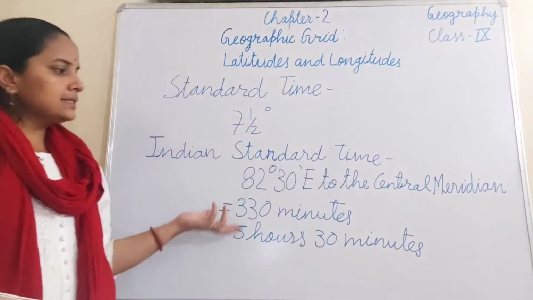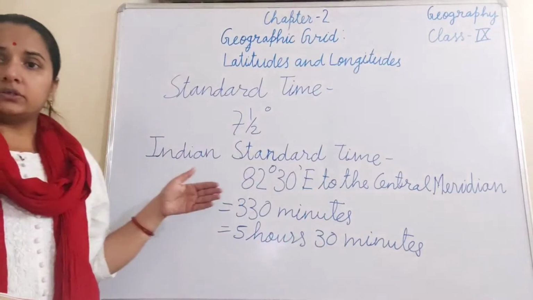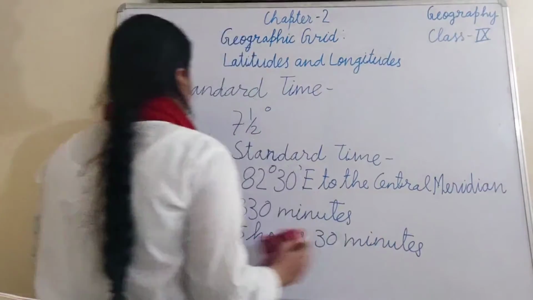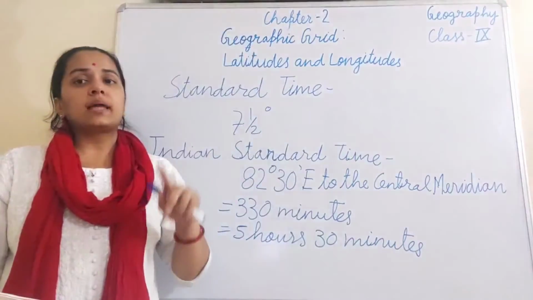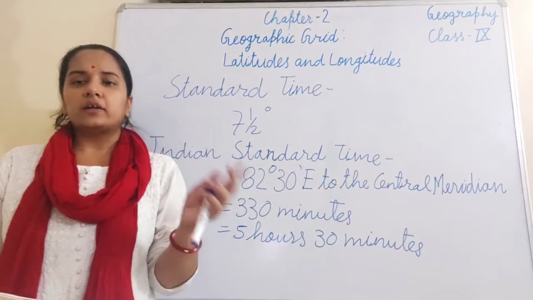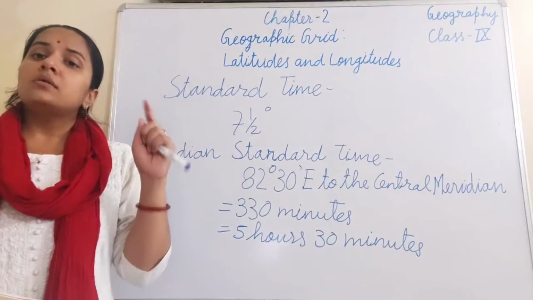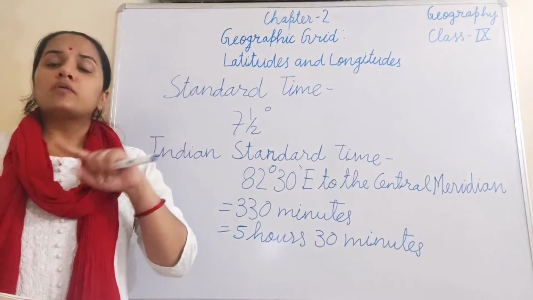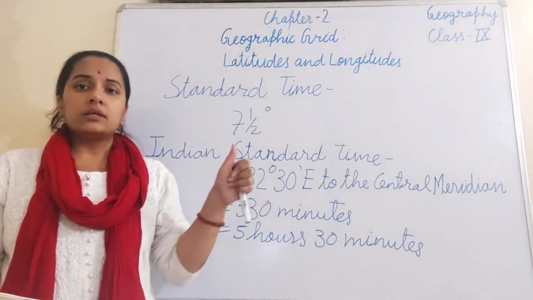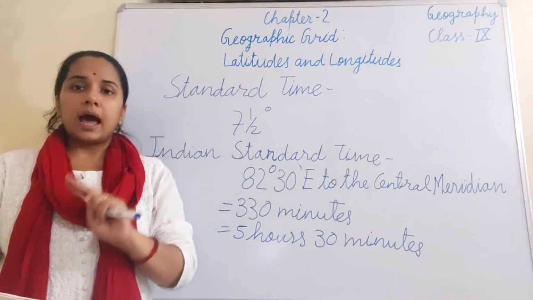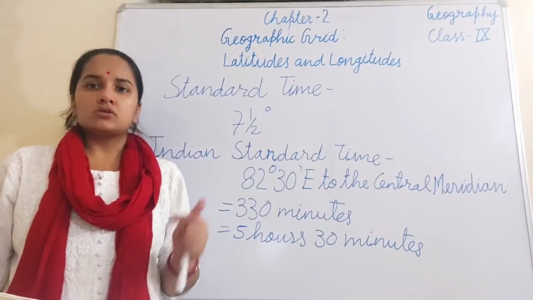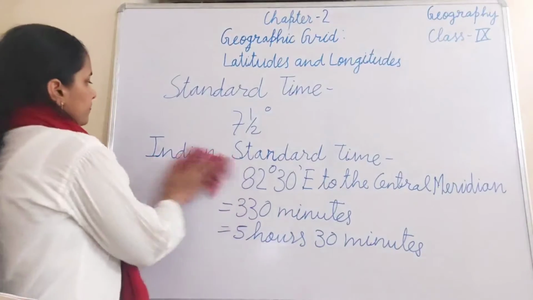Now let's take an example of how we can calculate the time of a particular place with respect to the given time. We have learned about the local time. We learned that 1 degree longitude is a difference of 4 minutes in terms of time. For 15 degree longitude, it will be 1 hour. The formula we know, EGA-WL, is east gain add, west loss subtract. So we will do the calculation on the basis of this information only.